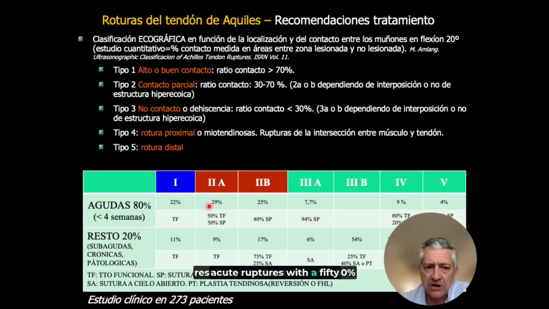Acute ruptures with a 50% apposition of the stumps, or the other 50% depending on whether or not there was interposition of fatty material,